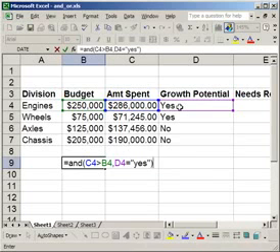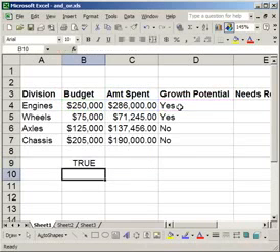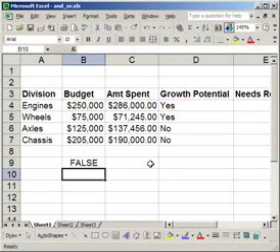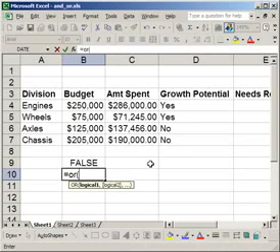So now I've made 2 comparisons here. The AND function returns true. But if I make one of these comparisons false, so growth potential equals no, then I hit enter,